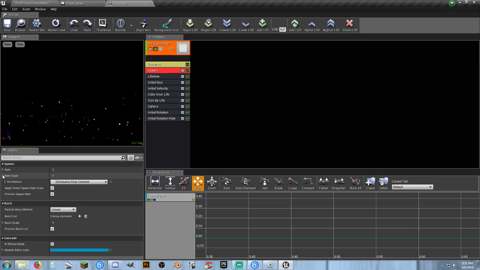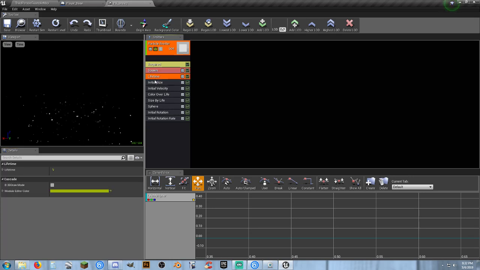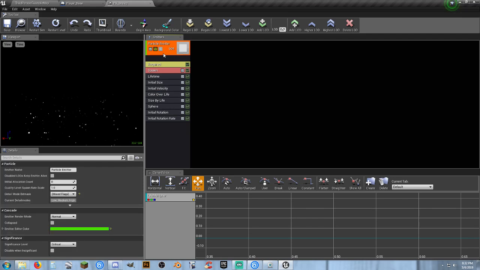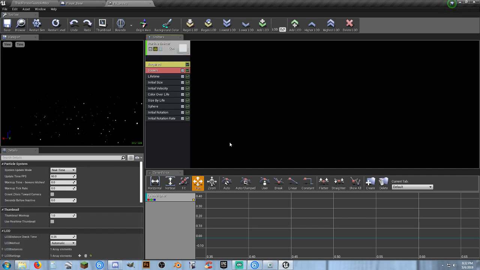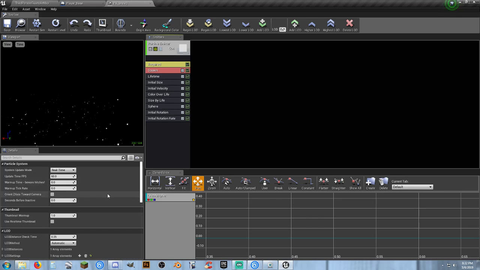Rate, scale, lifetime, initial size, all these different things you can mess with. But the emitter itself, when we're looking directly at it, I'm going to click off of it so we get the overall real-time, update time, FPS, warm-up time. Does it need time to kick in? Tick rate,